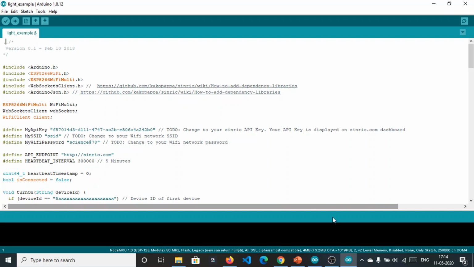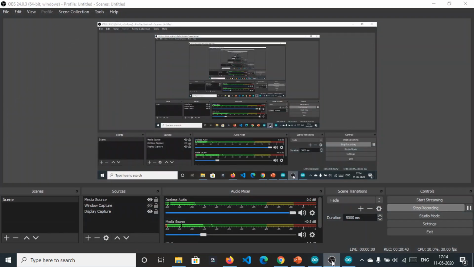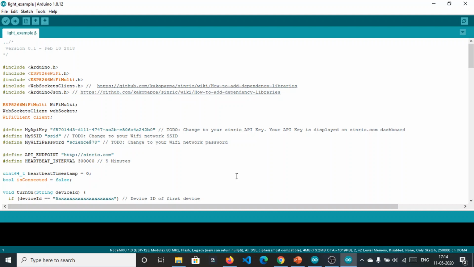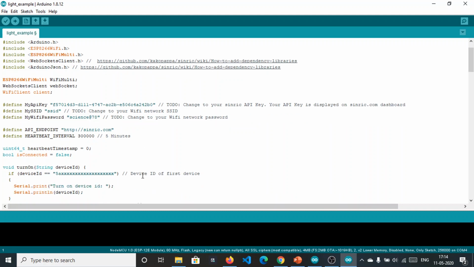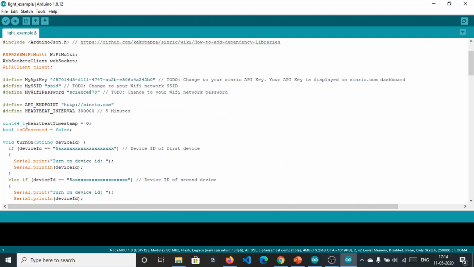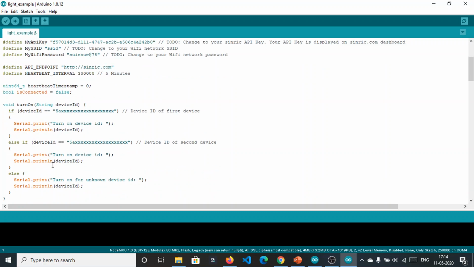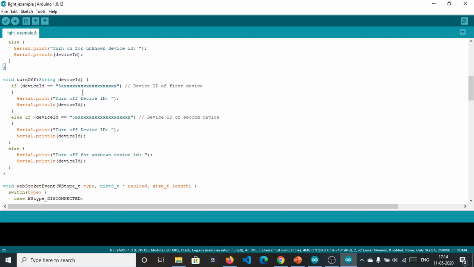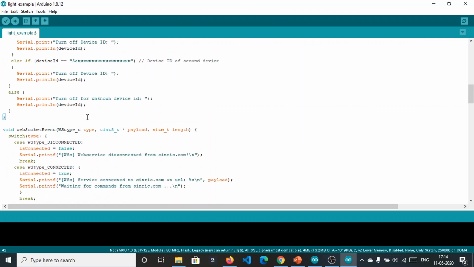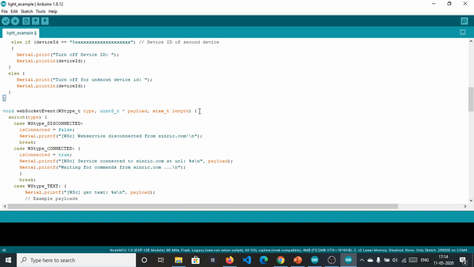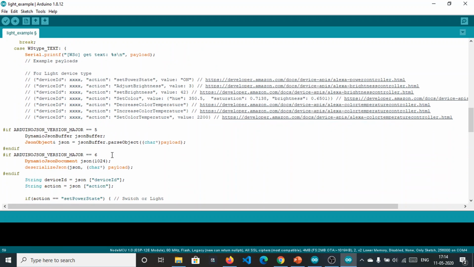So we are discussing the sketch. Here I have discussed this one, heartbeat. Now it's this function, this method, turn on. We will discuss where it is called from. This is turn off. Okay, WebSocket event, fine.